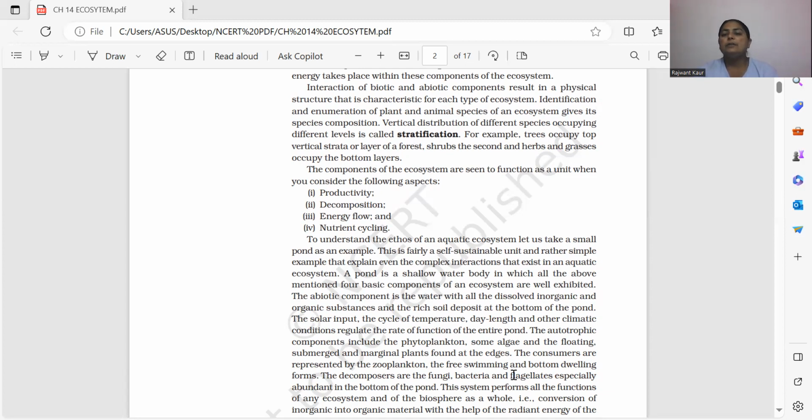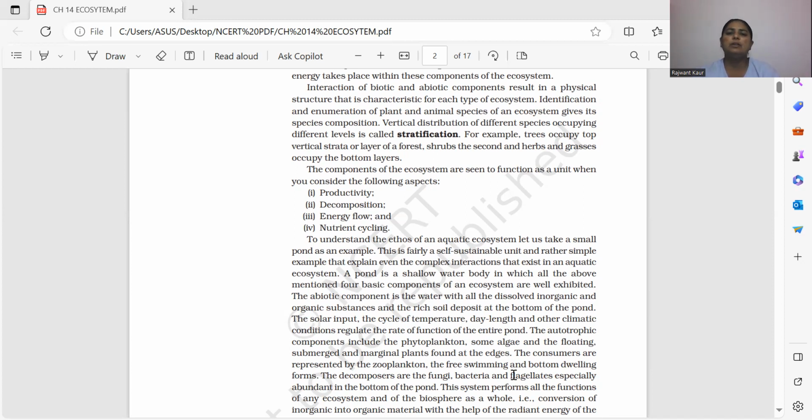And later on, as you know, when these autotrophic species and some of the consumers die, their dead remains finally accumulate at the bottom layer of the ponds. So they are further consumed by the decomposers. So what are the decomposers here? Here the fungi and the bacteria, some of them flagellated organisms, act as decomposers. They generally reside at the bottom and feed on the dead remains of plants